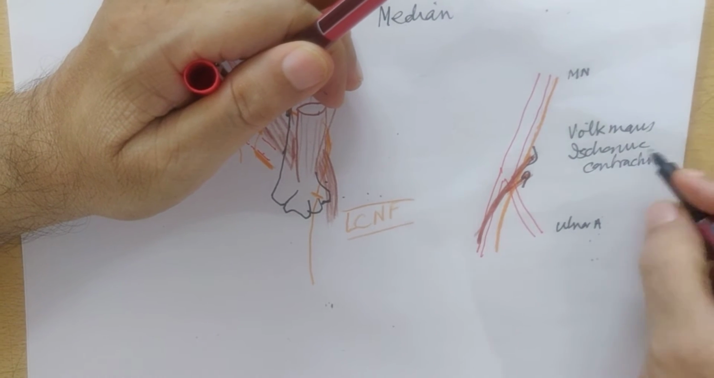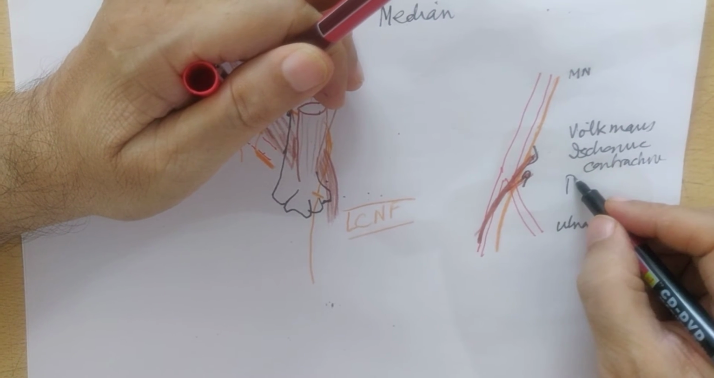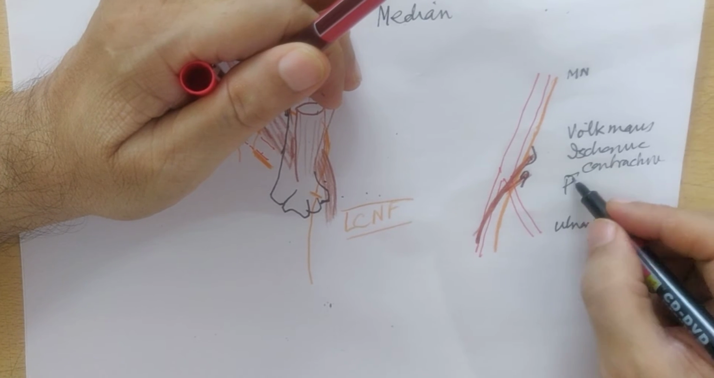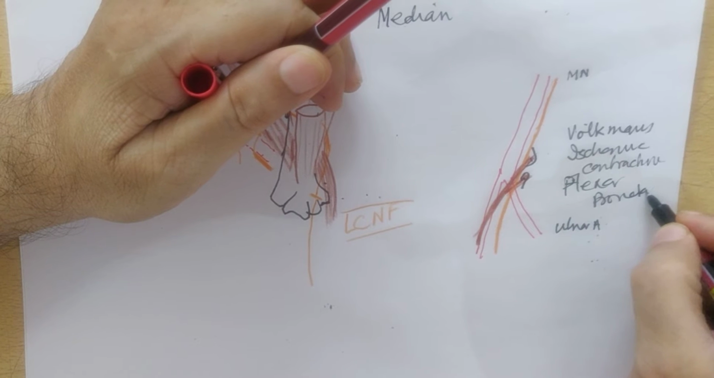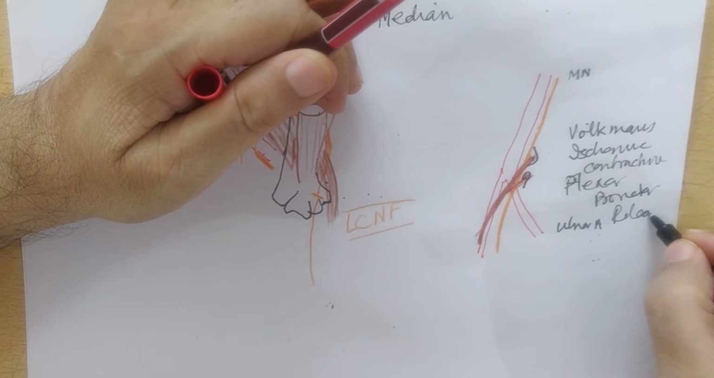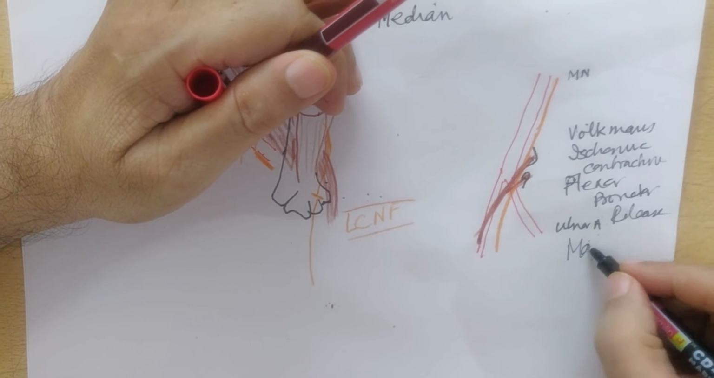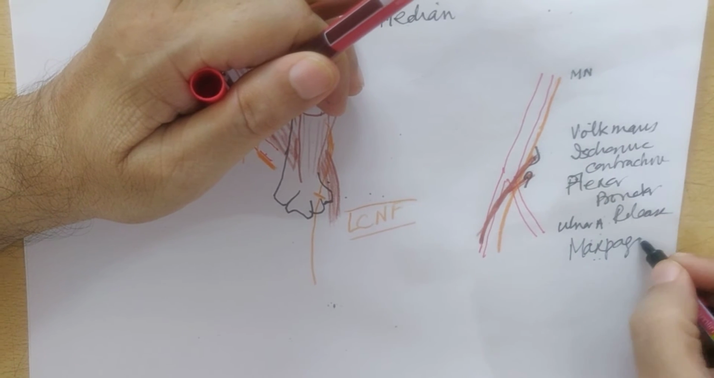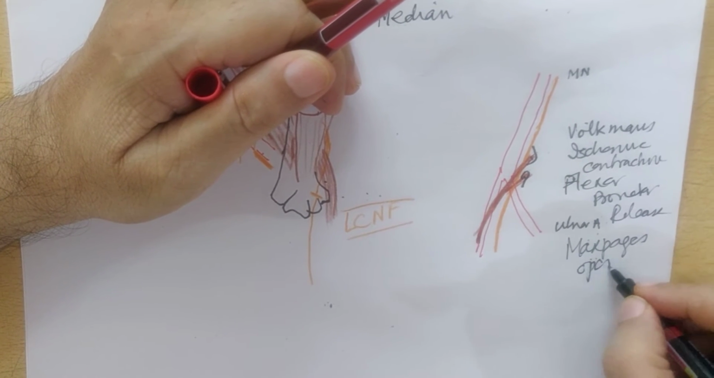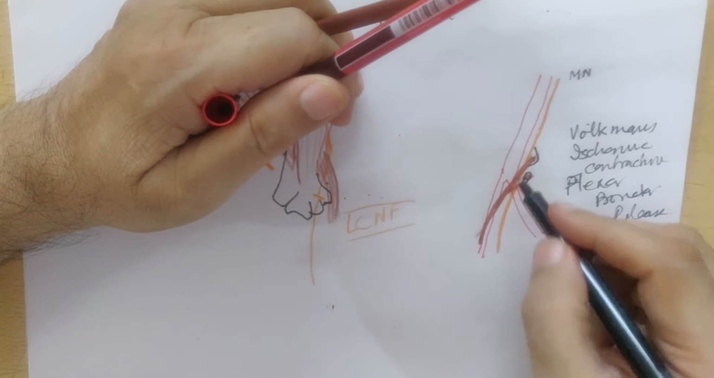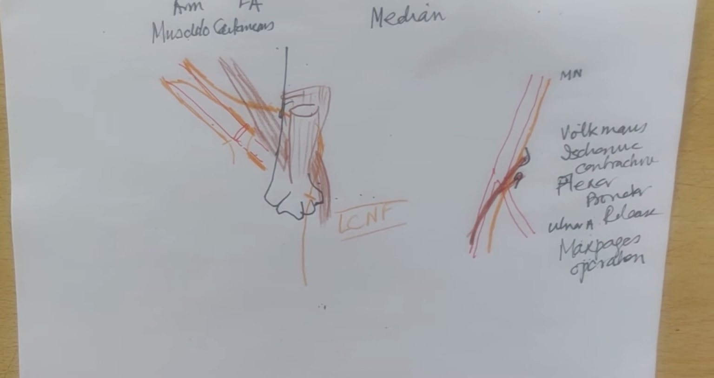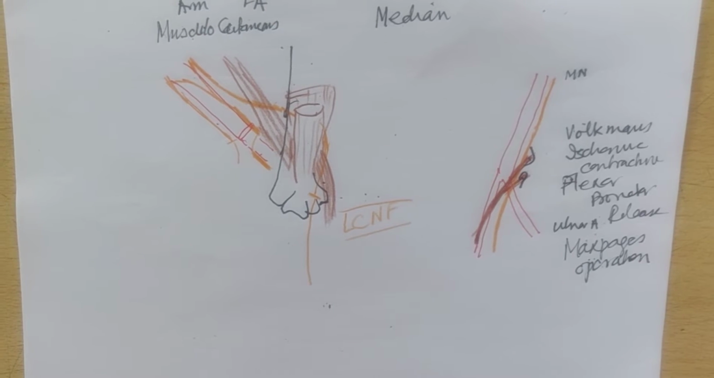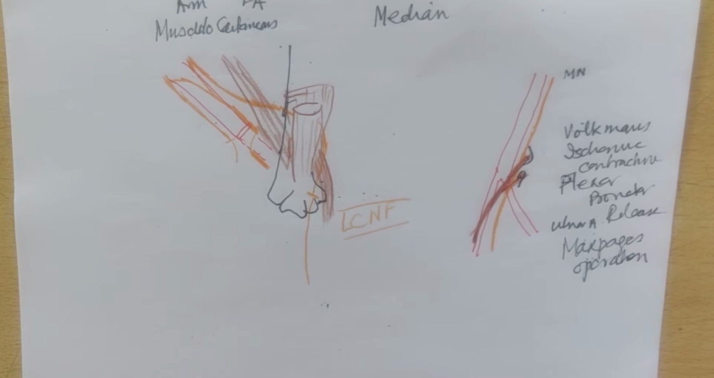The operation is called flexor pronator release. It is also called Max Page's operation. So this relation is very important. First you release the humeral head, then you see the median nerve, save the median nerve, release the ulnar head,